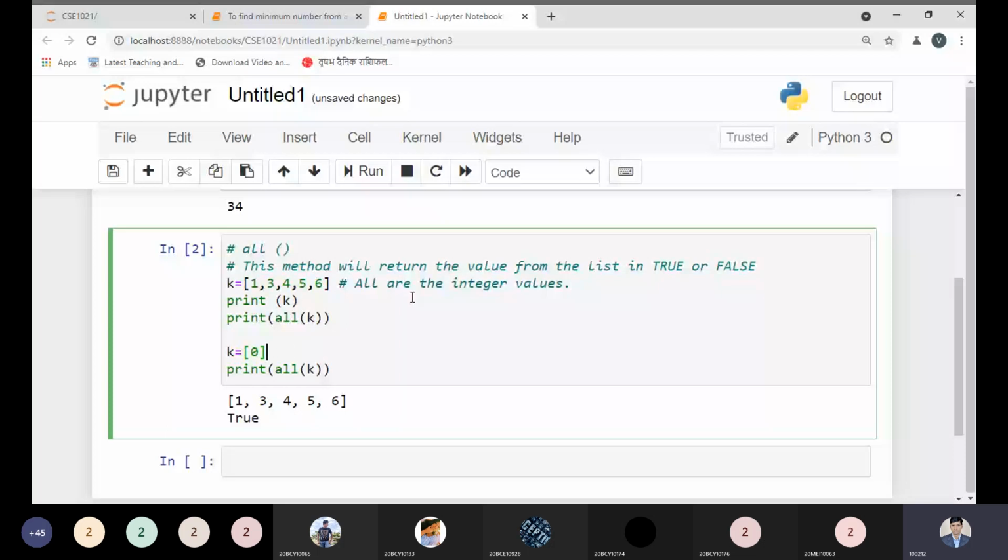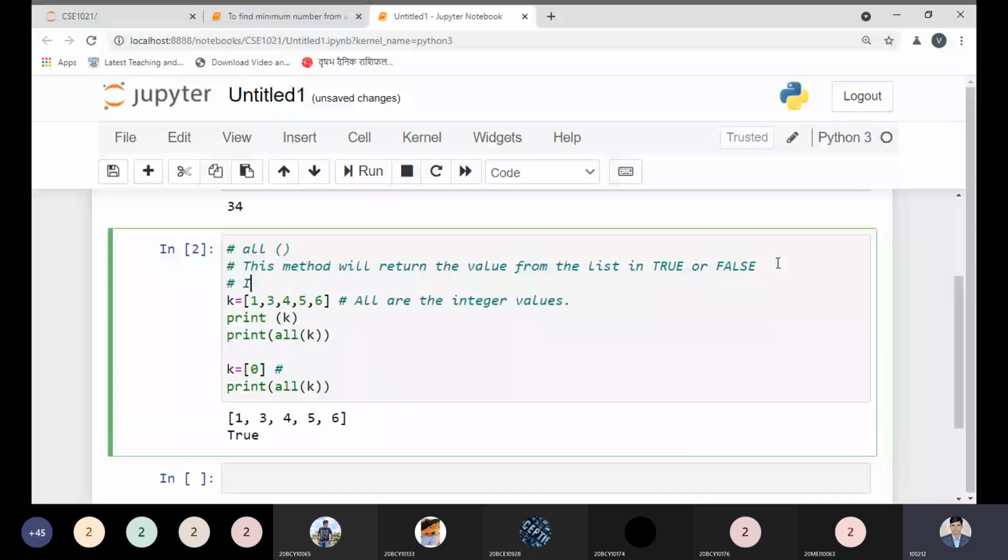So in our list, if any value is false or 0, the output will be False. Why? Because as the name says, the all method requires all values to be true. Okay, so here we are getting the answer.